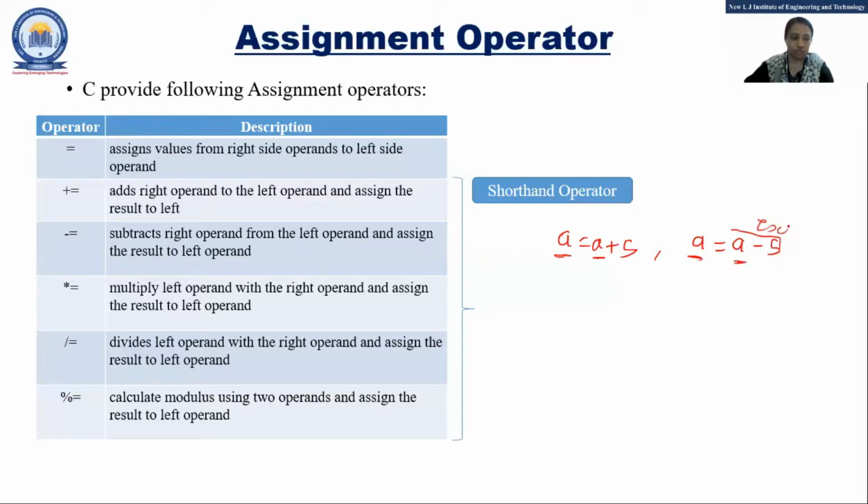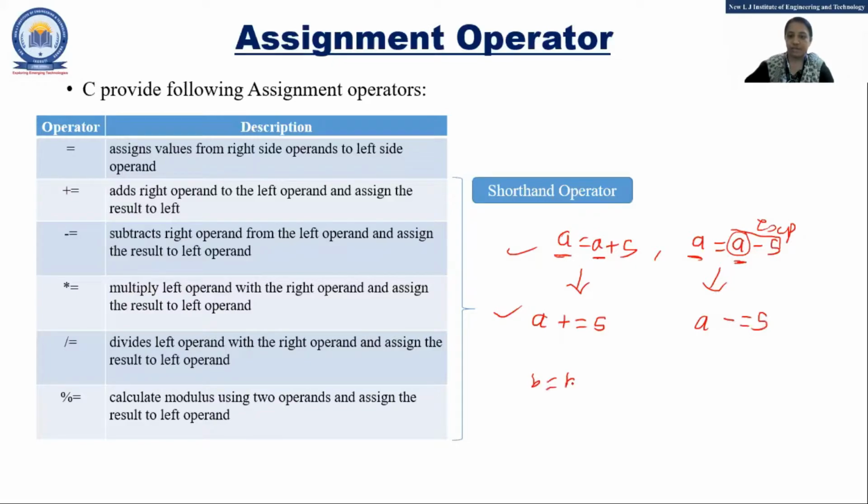So this statement can be rewritten as A plus equal to 5. Both are the same, you can use either way. This is called shorthand, because you are minimizing your expression. In the same way, this can be written as A, with whatever operator you need to specify, that is A minus equal to 5. Clear?